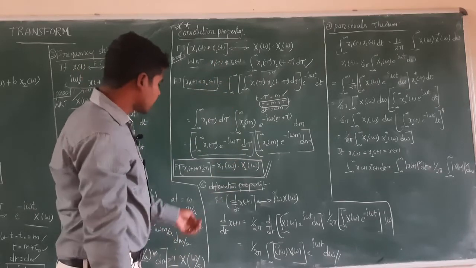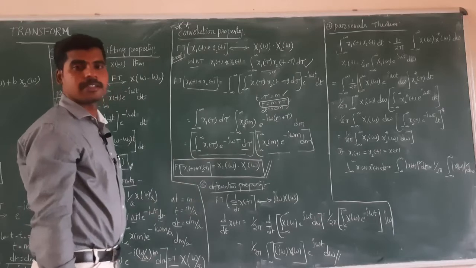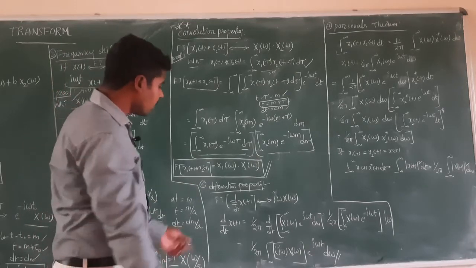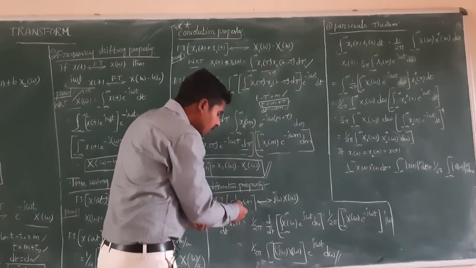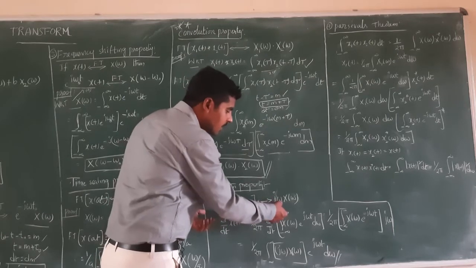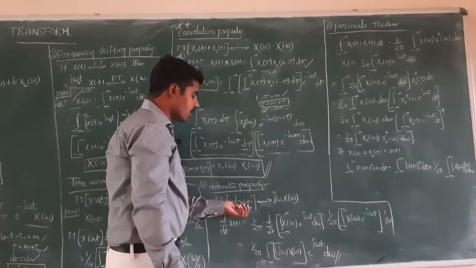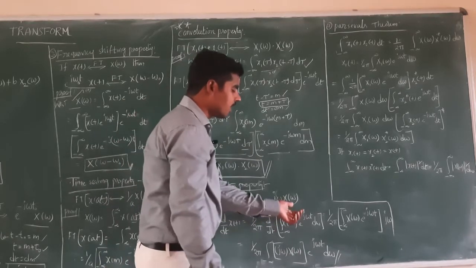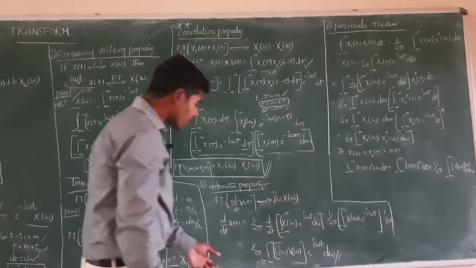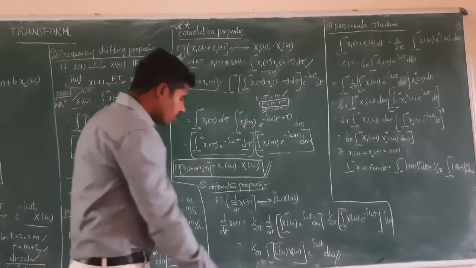So the next thing is the differentiation property, guys. In case of the differentiation property, the Fourier transform of d by dt of x of t gives rise to j omega into X of omega. Differentiation of x of t in the time domain gives rise to j omega into X of omega. Now, from the property of